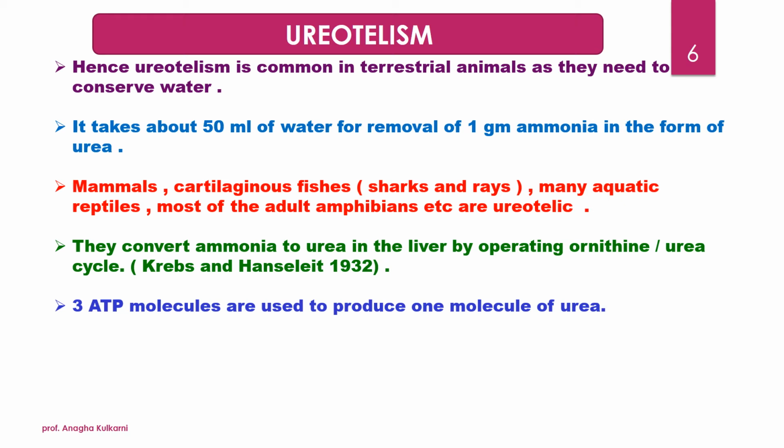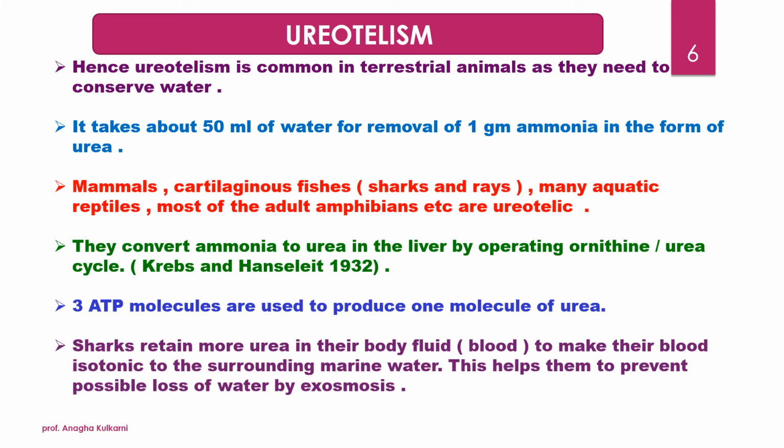3 ATP molecules are used to produce 1 molecule of urea. A very important point in terms of competitive exams, this can come in MCQs. Sharks retain more urea in their body fluid, that is blood, to make their blood isotonic to the surrounding marine water, and this helps them prevent possible loss of water by